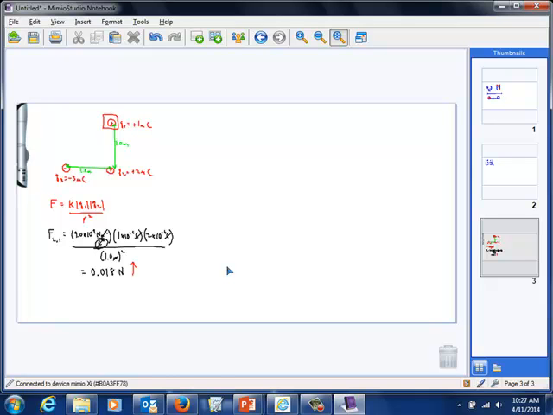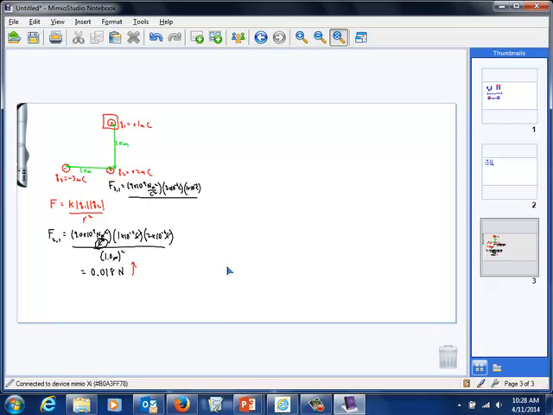Okay, what's next? We've done that. Next step. Lincoln, what would you do next? Find the first charge. On the first charge. Yeah, fine. What's the effect of charge 3 on charge 1? And that's going to be K, 9 times 10 to the 9th newton meters squared per Coulomb squared, times Q3. Now Q3 is negative, but remember we take the absolute value of the charge. So we make it positive 3 times 10 to the negative 6 coulombs. That was Q3 times Q1, 1 times 10 to the negative 6 coulombs,